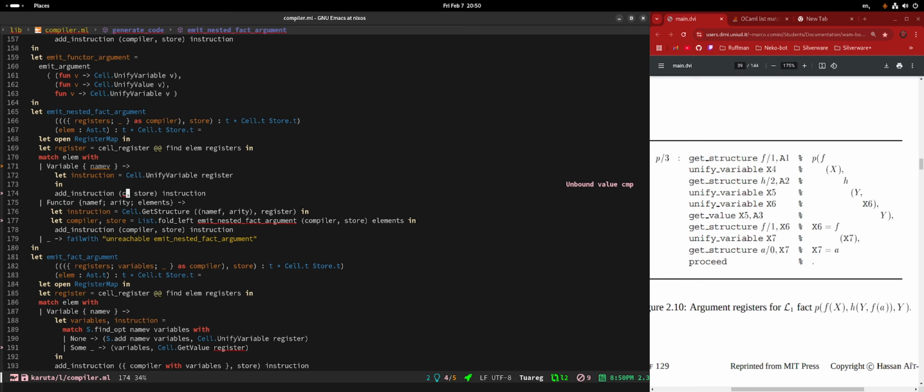Do we care about the name of the variable? We only care about which register it was allocated into. Well, in that case, in here we don't care about it. Okay, if it's a nested functor though, we need to do the queue thing.